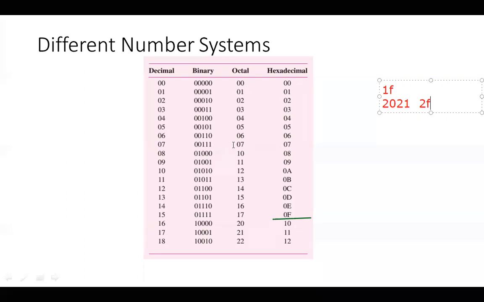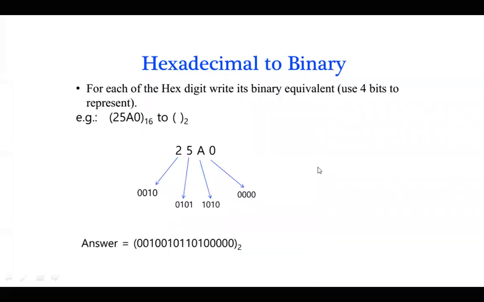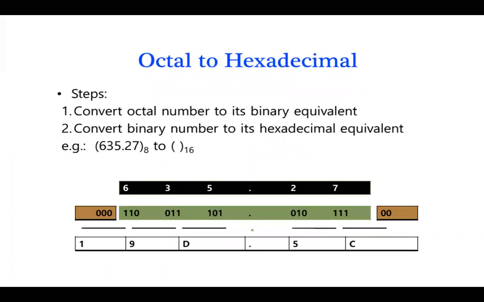In the octal system, we are going to stop at 7. After 7, it is not 8 because we are discussing octal. So it will be 10, 11, 12, 13, 14, 15, 16, 17. Again, 20, 21. It goes on like this. Hexadecimal to binary also, we can group 4 at a time. Now, octal to hexadecimal. The easiest way to convert an octal to hexadecimal number is to convert the octal number to binary.